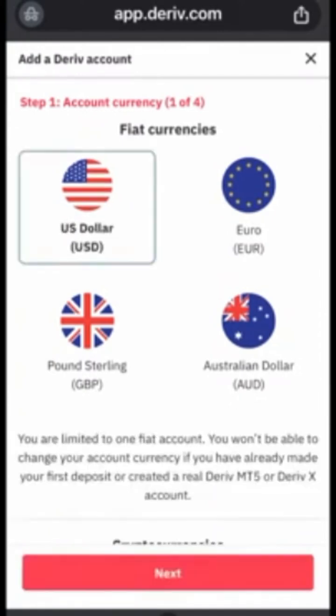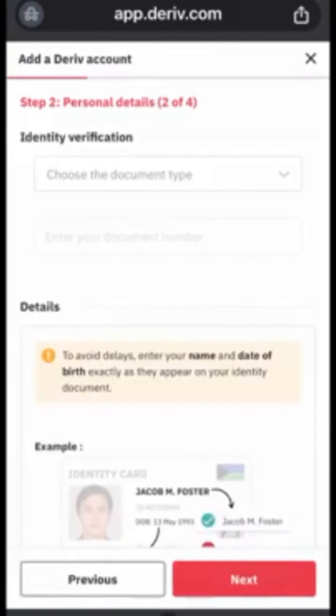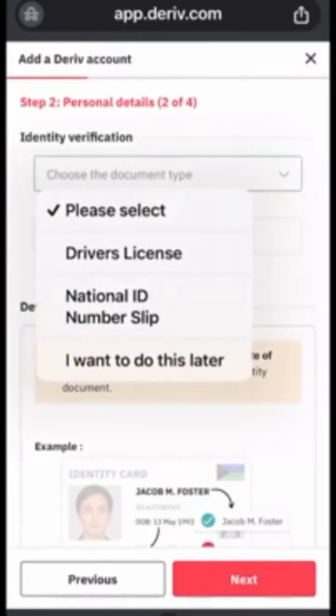So click on next. Okay, right here it is asking for identity verification. So this is the stage whereby you need to prove that you are indeed a real human being and not a robot simply by giving them your identification. Choose document type: driver's license, national identification number, or you can click on I want to do this later. Probably I will have to click on this so that I can still put you through every other process. But for you, I would advise you, if you have any of your identification, put it in at once and know